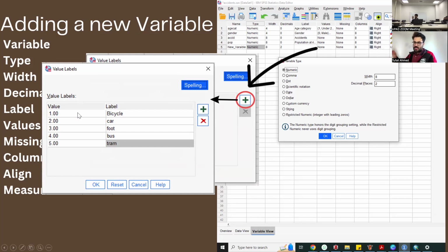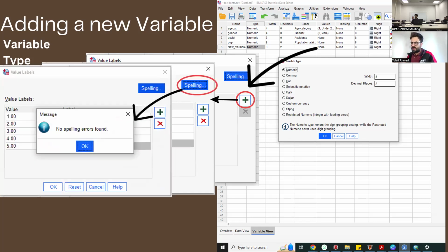I will give values and give a label to each of them. When I later add the data and enter 1, the software will know that this person is using a bicycle. And if I enter 2, the software will know that this person is using a car. We can also do a spelling check. If there are any spelling errors, the software will identify them. This is how we add data.